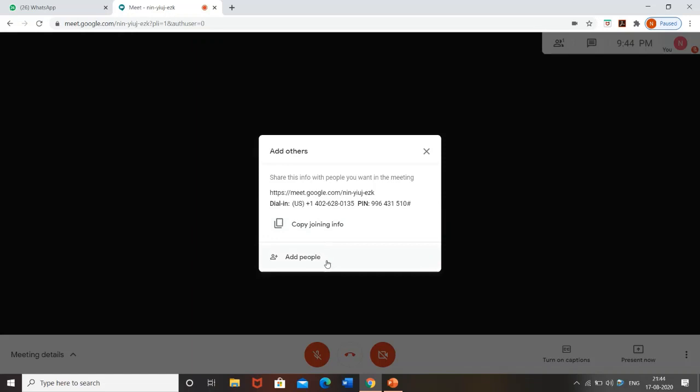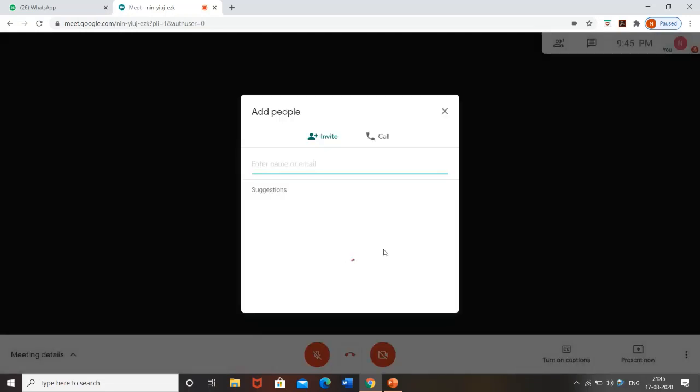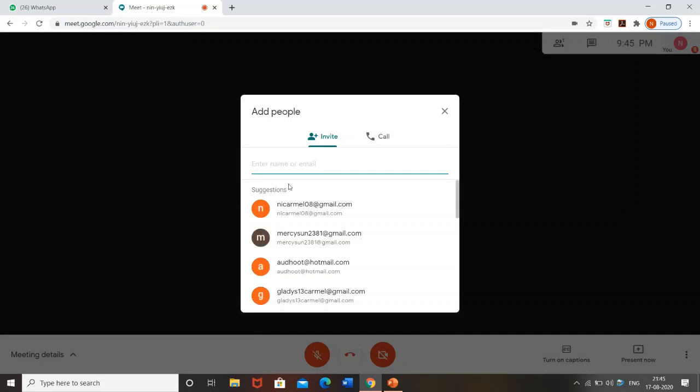You can also add people to a Google Meet by clicking on this plus add people. These people are the contacts that you have in your G Suite account.